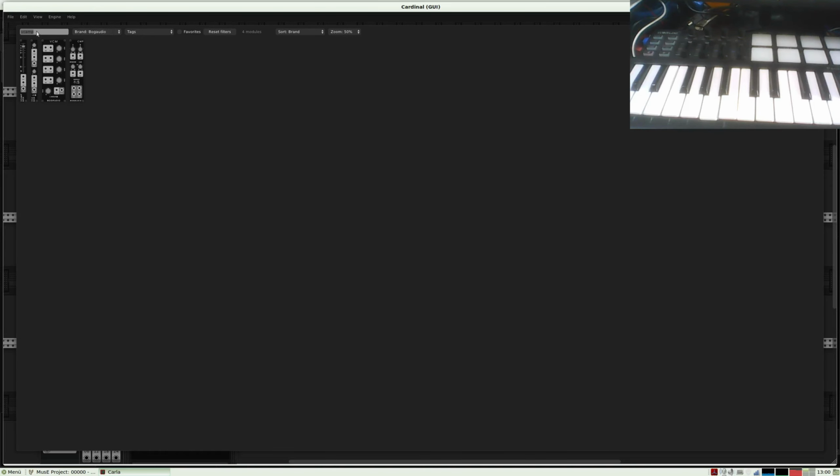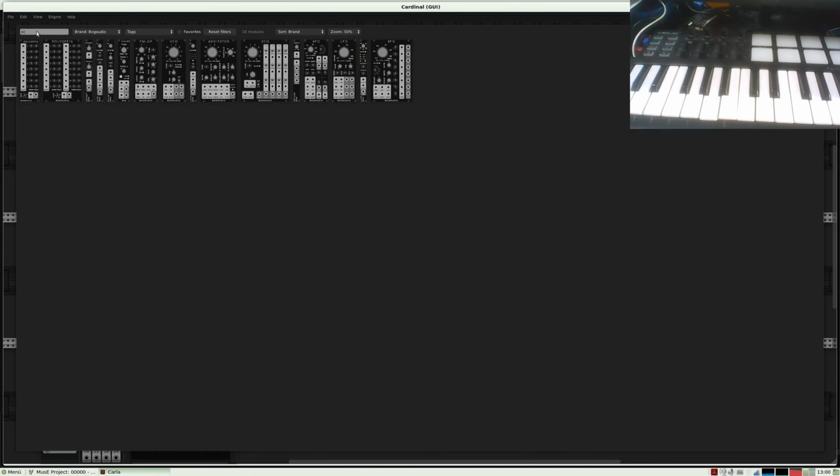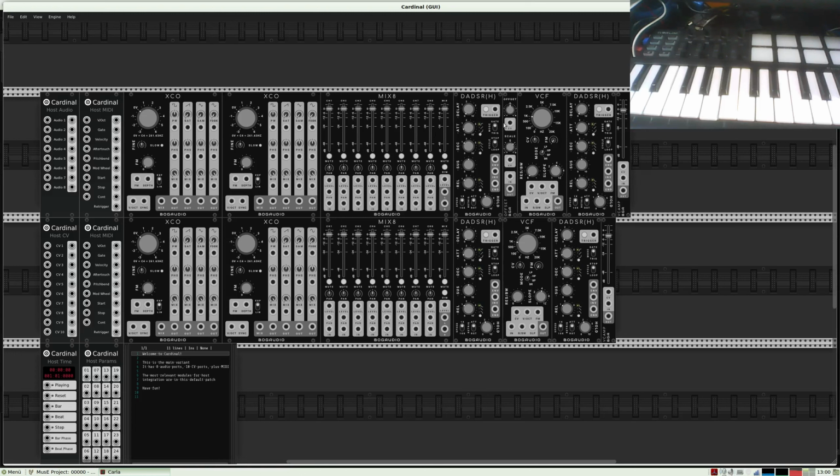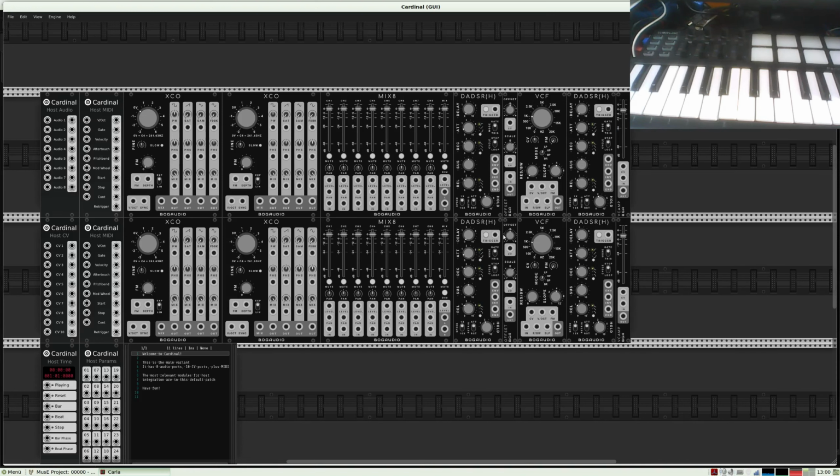I type here, it has a scale in the name, so I type scale, and this is the thing I want. I put it in between the envelope and the VCF, create a copy and put it to there.